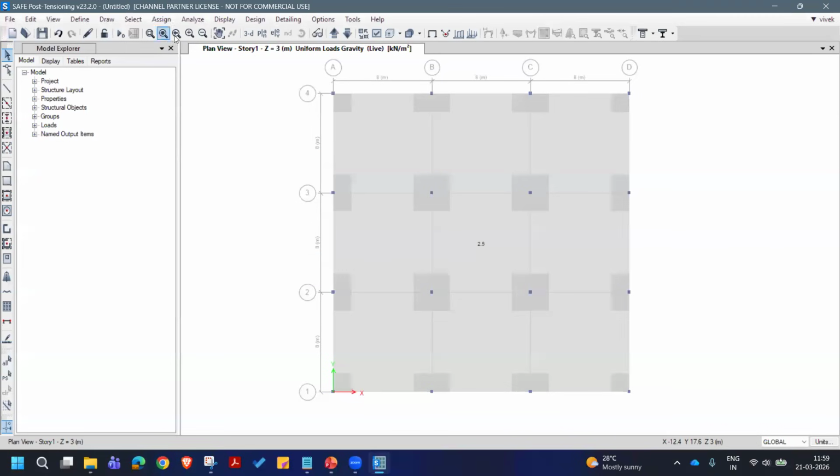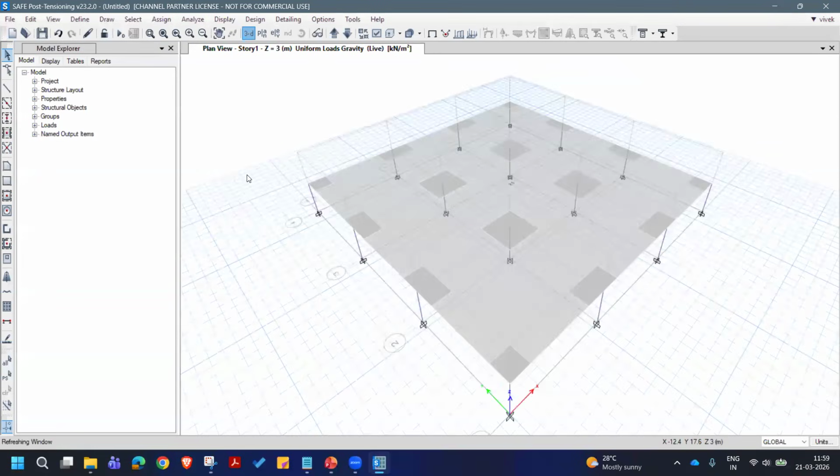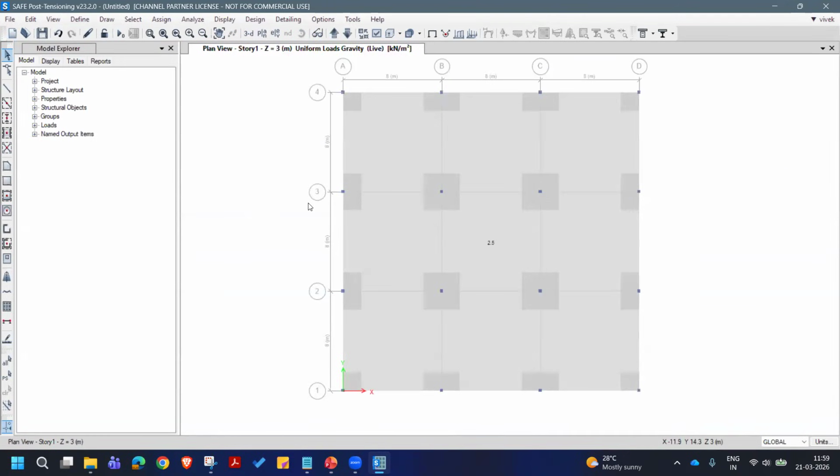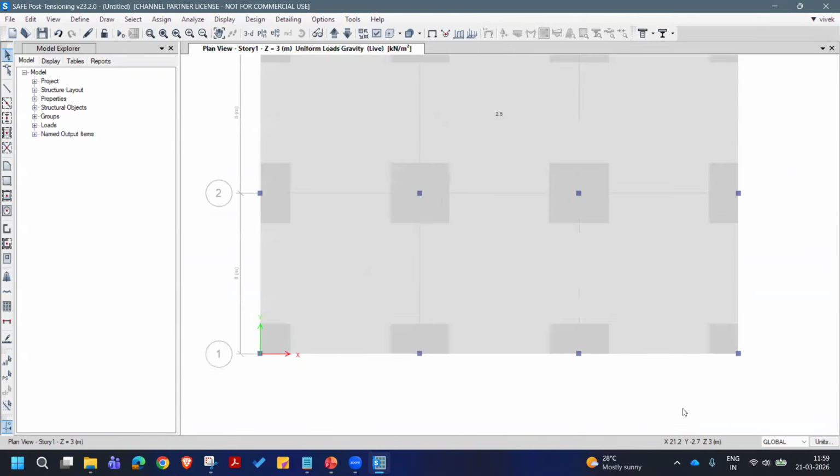That's all. Now this is ready to run the analysis. Now to this, we'll be adding the design strips. So design strips